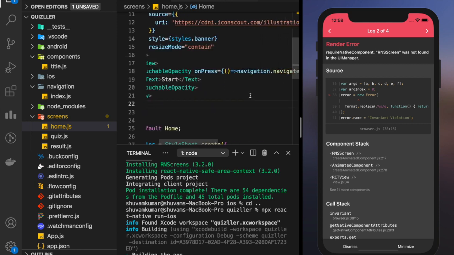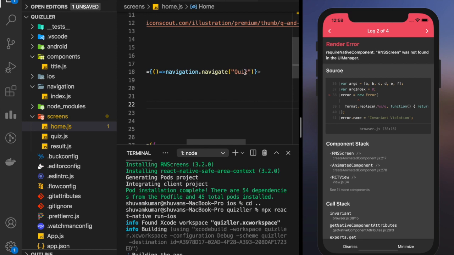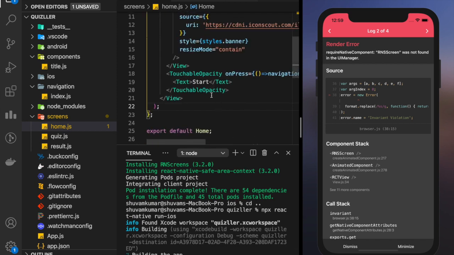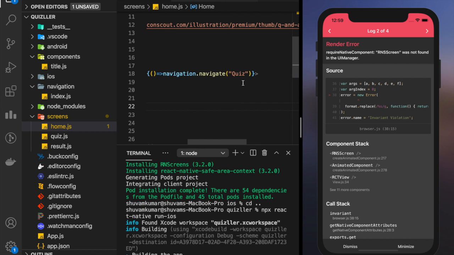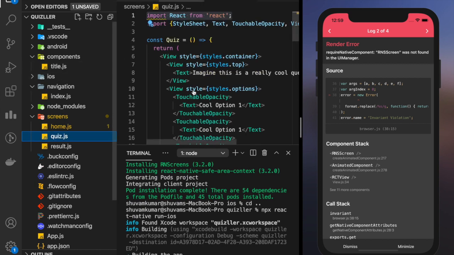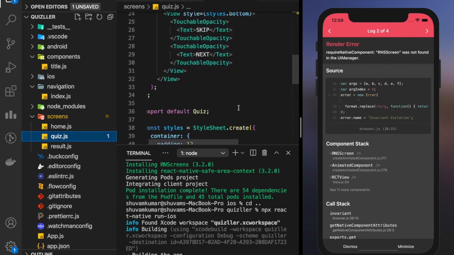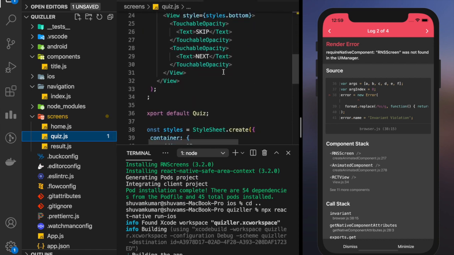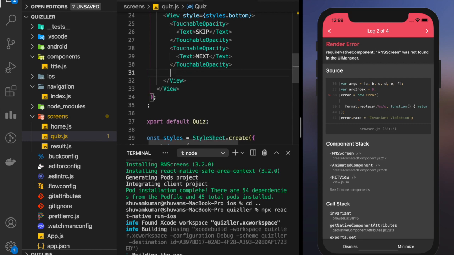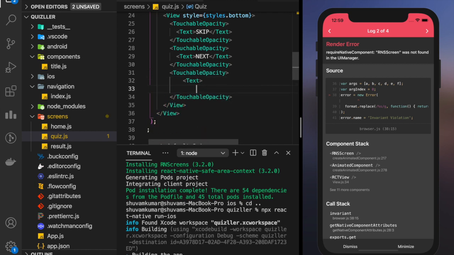Now what is this name? You realize we gave a name to our screen in the app navigator. I won't save it, I'll save it once my app has been launched. So now what will happen, when we click on start, we'll go to our quiz screen, and in our quiz screen, for now let us have another button here. Touchable opacity, text,